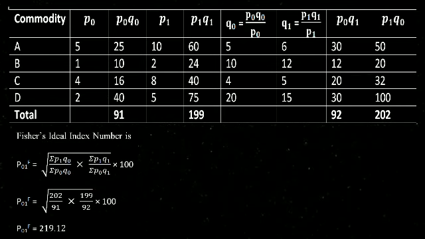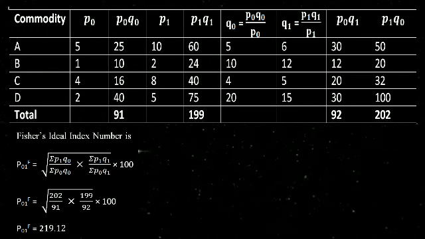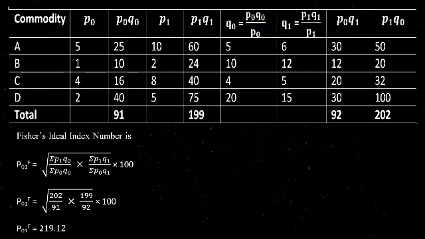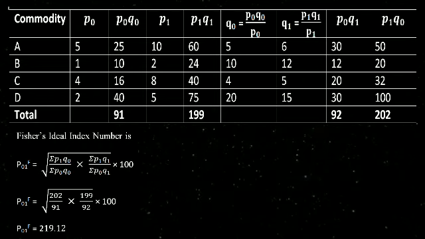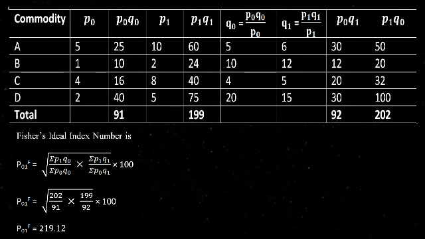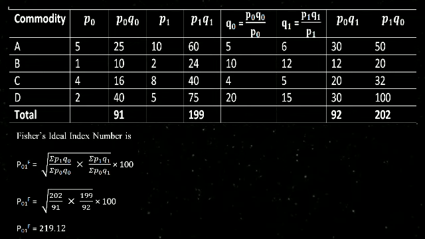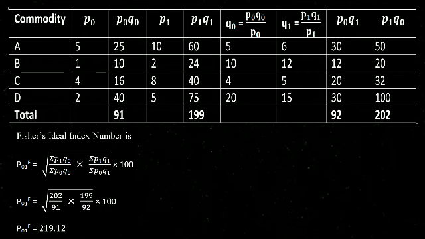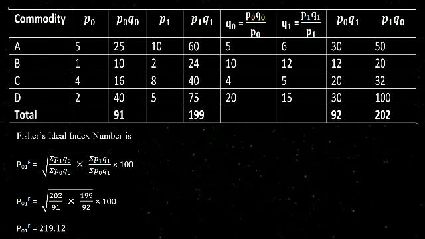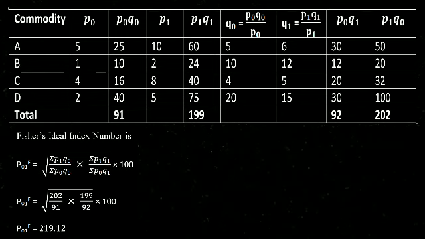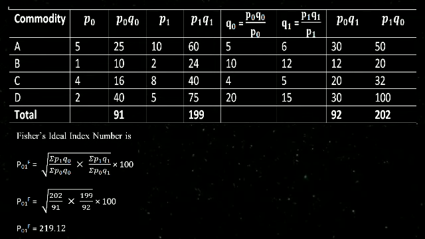The next step is to find the index number. Fisher's price index number is P01 of F equal to square root of sigma P1 Q naught divided by sigma P naught Q naught multiplied by sigma P1 Q1 divided by sigma P naught Q1, and multiplied by 100. Next step, substitute the values, that is equal to 202 divided by 91 into 199 divided by 92. Take the square root of this and then multiply it by 100, and the final answer is